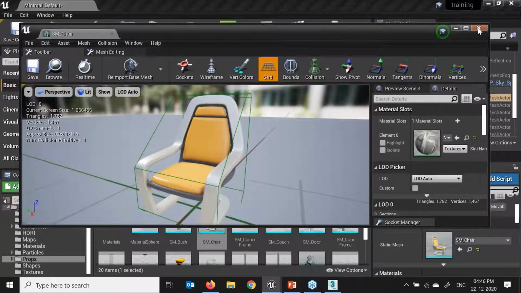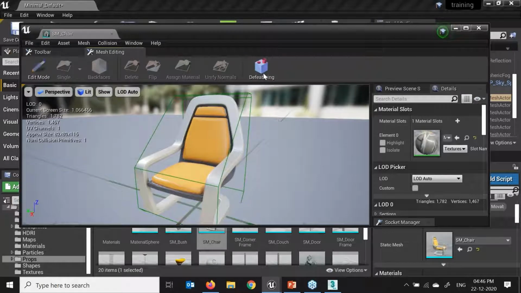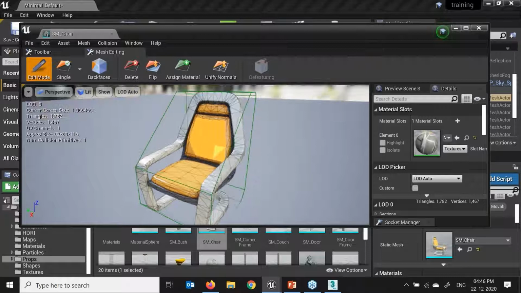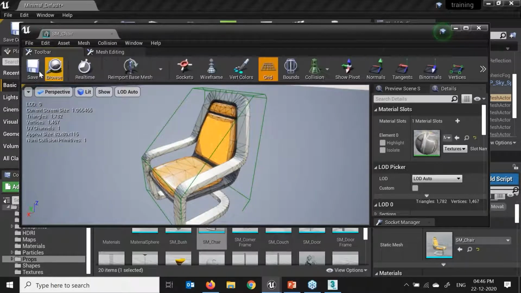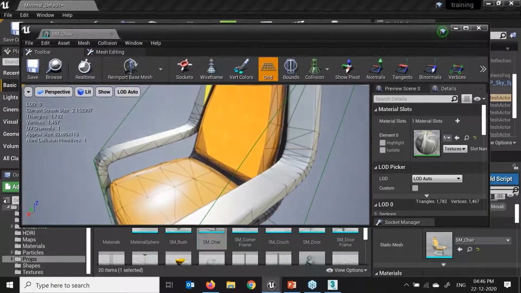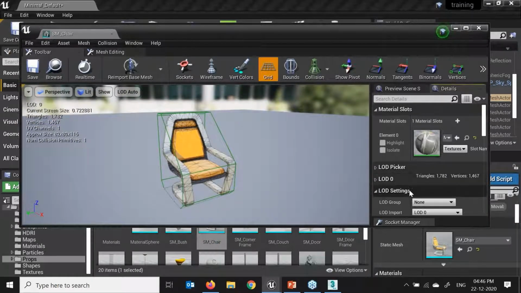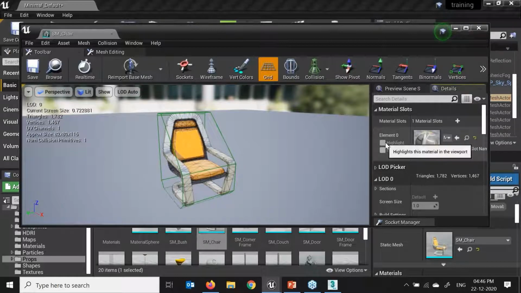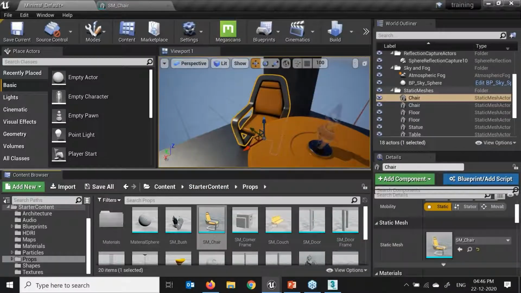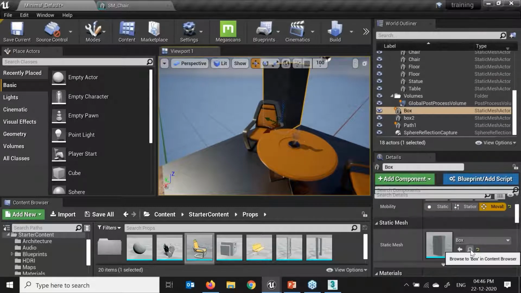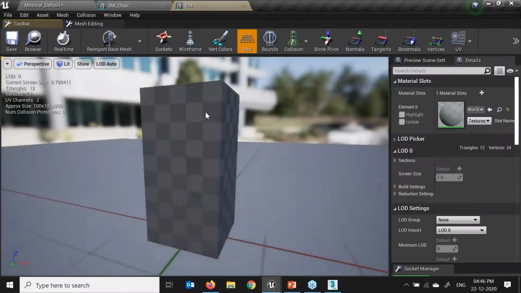Yeah, thank you. So before anything, we always have to do the mesh editing. We have edit mode. If I want to edit over here, toolbar, save. Here you can see this is applied. LOD auto, level of detail: LOD means whether you want to give highlight or not. So drag and drop over here. So that was the static mesh editor. Again, if I select this object and say where it is located in my scene, double click, it will open over here.